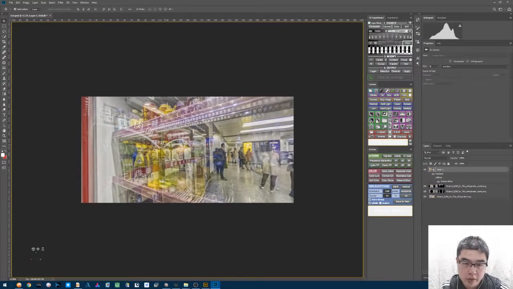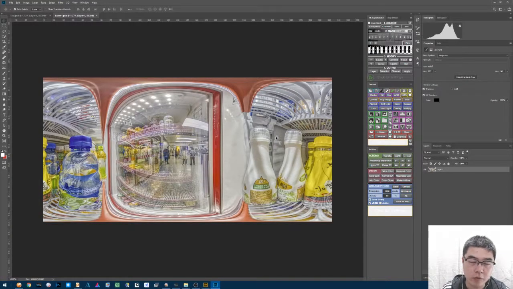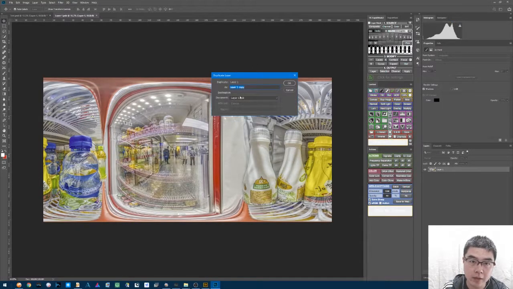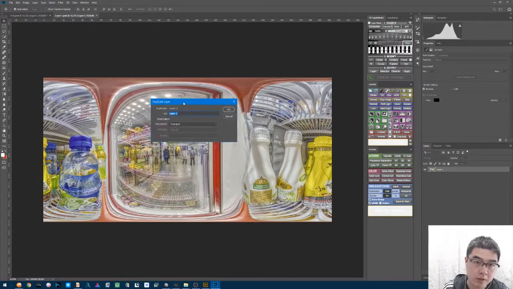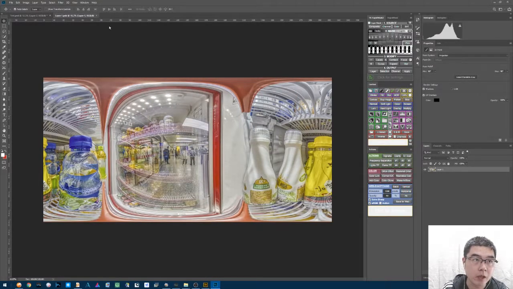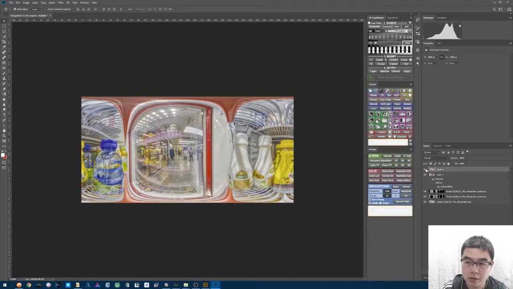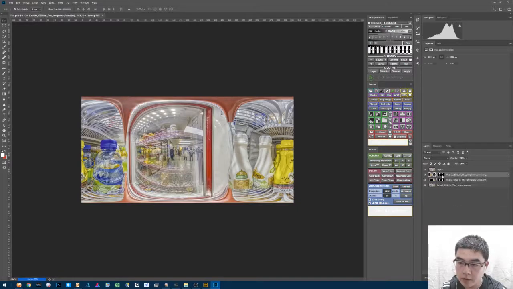To reproject again to the Equirectangular Projection, we can double-click on the spherical map, and now Photoshop will make an Equirectangular Projection for you. You can duplicate the layers to the original PSD files, and now you can finally recover this perfect panorama. Click on Save. Because we do not need this interactive layer anymore, we can delete it